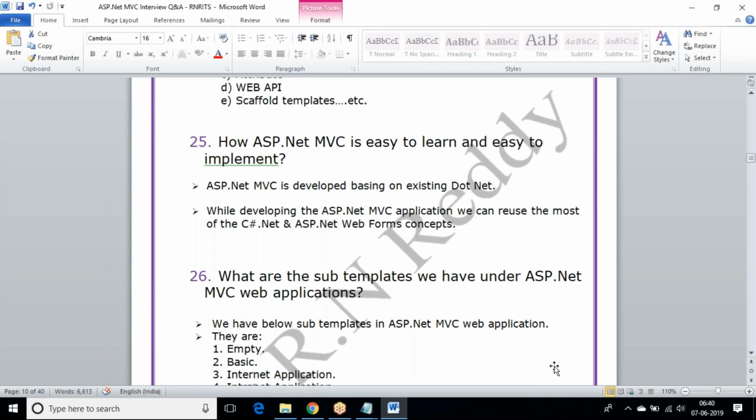Task 1. Prepare questions 1 to 25 and answers with the help of the document. Task 2.